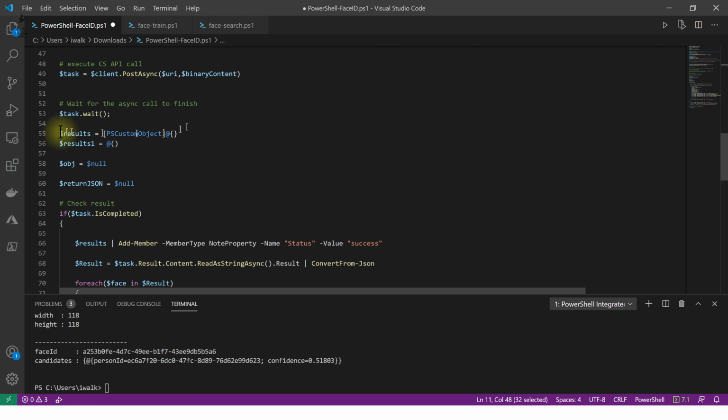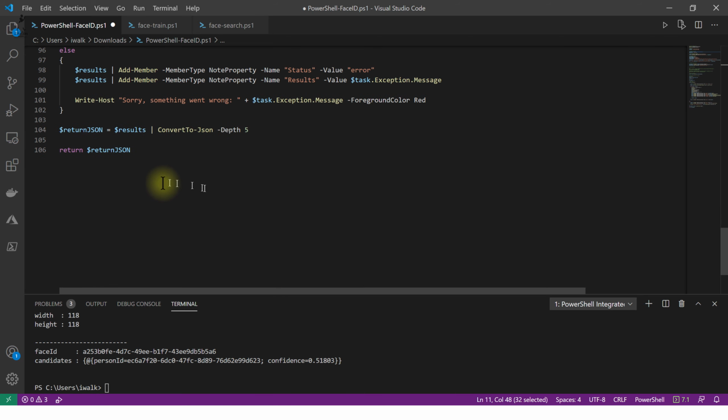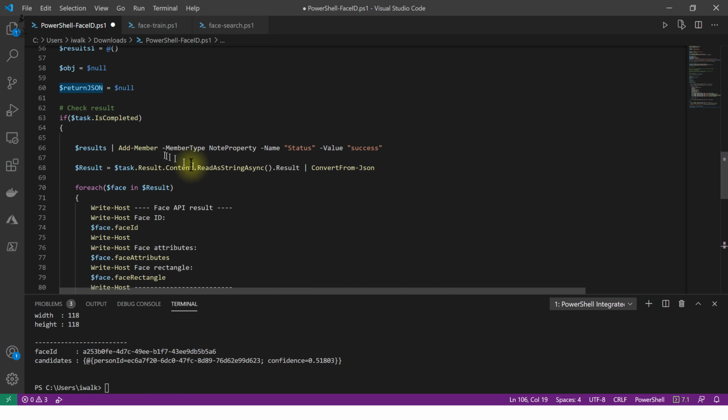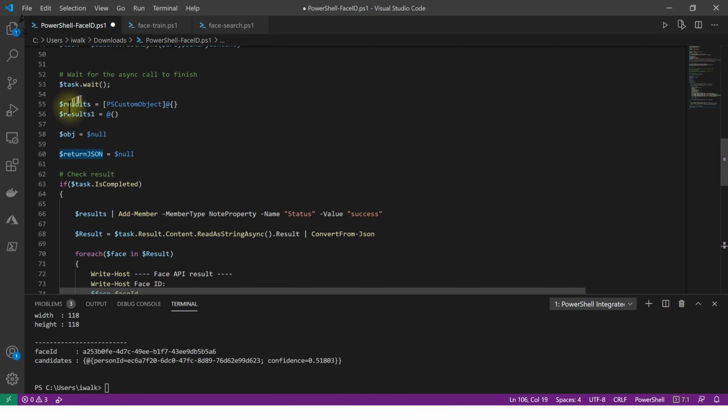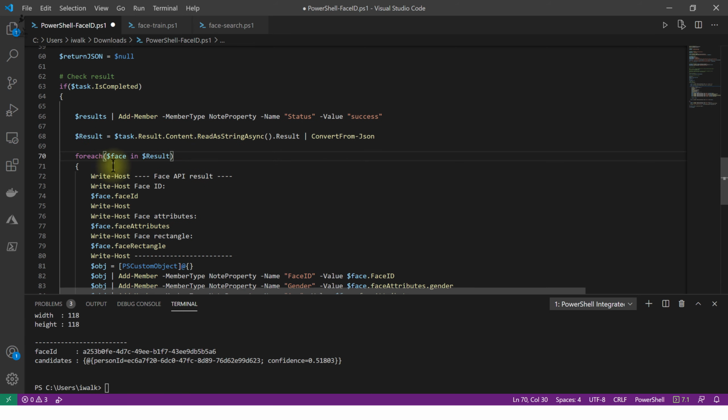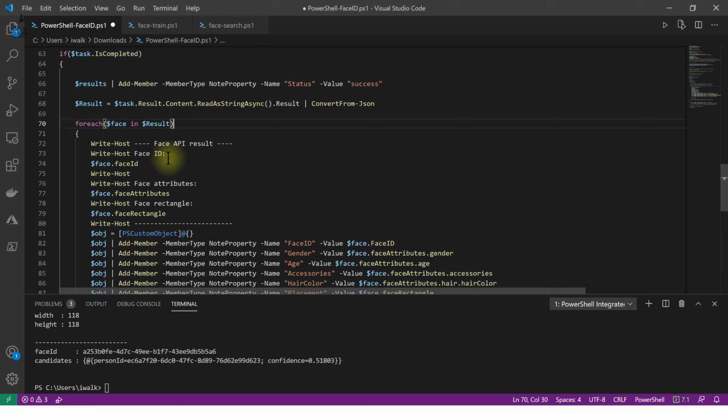This result will be parsed like an array of objects. I am building this to have something like a JSON file, you can see here, and a JSON variable. I'm waiting for the task, I'm waiting for the task to complete. And after that, in this part, I get the result from the task and convert it from the JSON to the object. Because there could be a lot of faces inside one picture, I'm going through each picture and going through